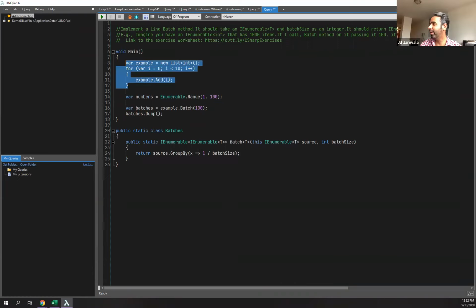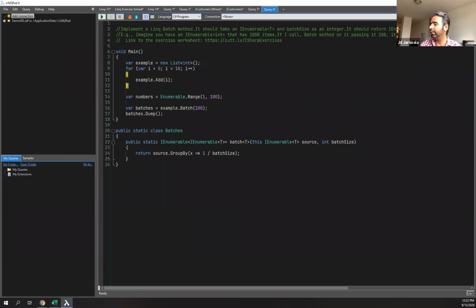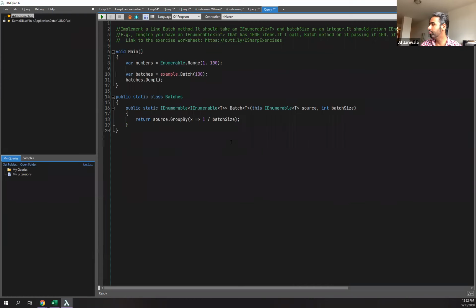The more you start thinking about how to get enumerables easily, there are a whole bunch of ways. There is no reason to do this. It should be in your mind all the time that there is something called Enumerable.Range and associated functions that help you produce an enumerable. So let's do the Enumerable.Range and then do